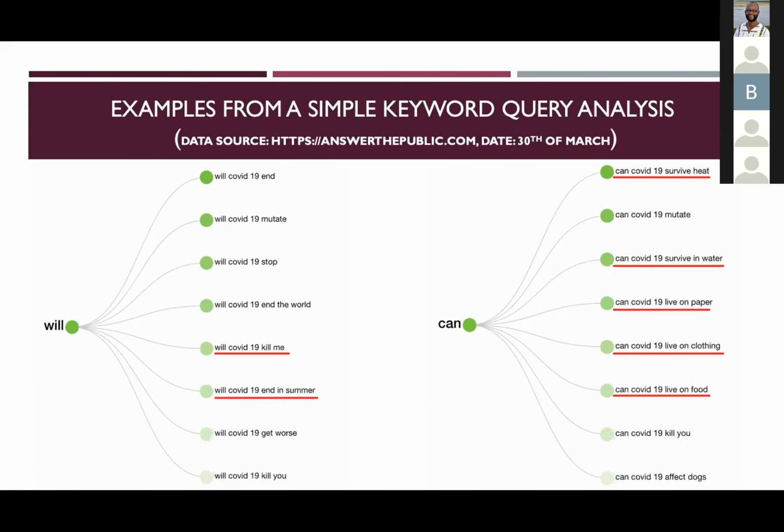So what I'm saying is the example that you're looking at right now is data that is picked from a tool or a platform called answerthepublic.com. These guys have data from Bing and Google, and they give you access to it, and you can download it as an Excel file or even visualize within their tool.